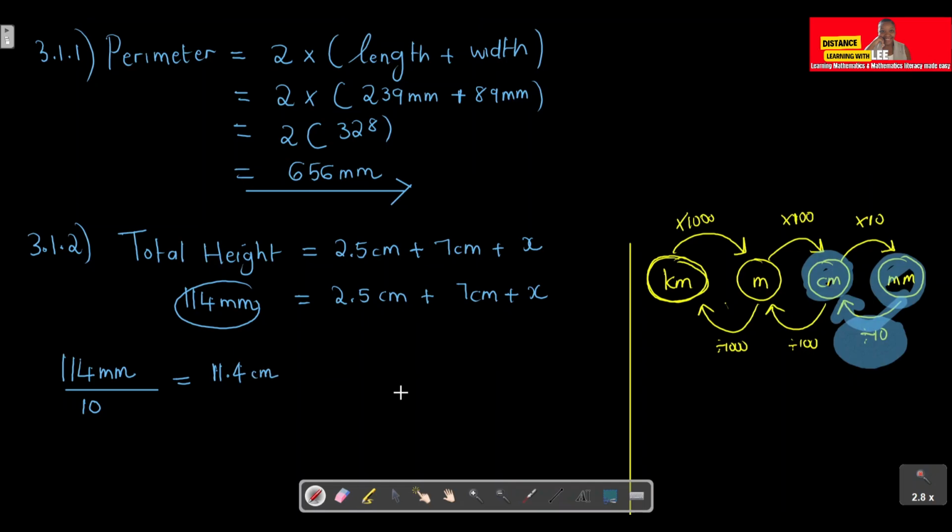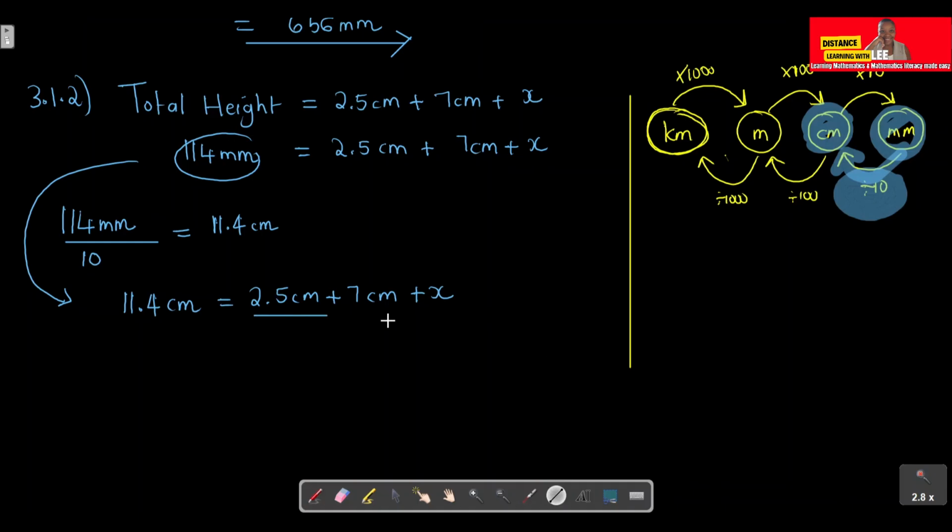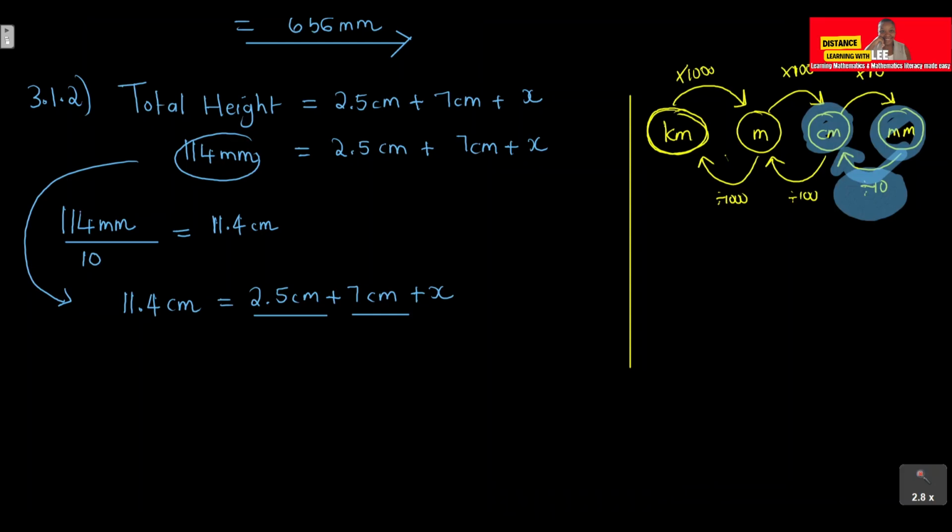11.4 centimeters. So now that we already have our units in centimeters, we can go back to this equation and punch everything in. So now we're going to have 11.4 centimeters is equal to 2.5 centimeters plus 7 centimeters plus x. Then here we're just going to solve for x by collecting your like terms on the right hand side. So 2.5 plus 7 basically gives you 9.5. So it's 9.5 plus x is equal to